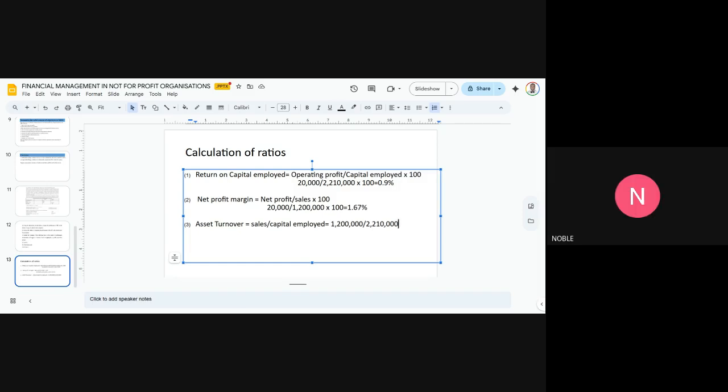So we have it as 0.54 times. If you check the average, you can see 0.33 times, right? So we define it in that line. So the next one is